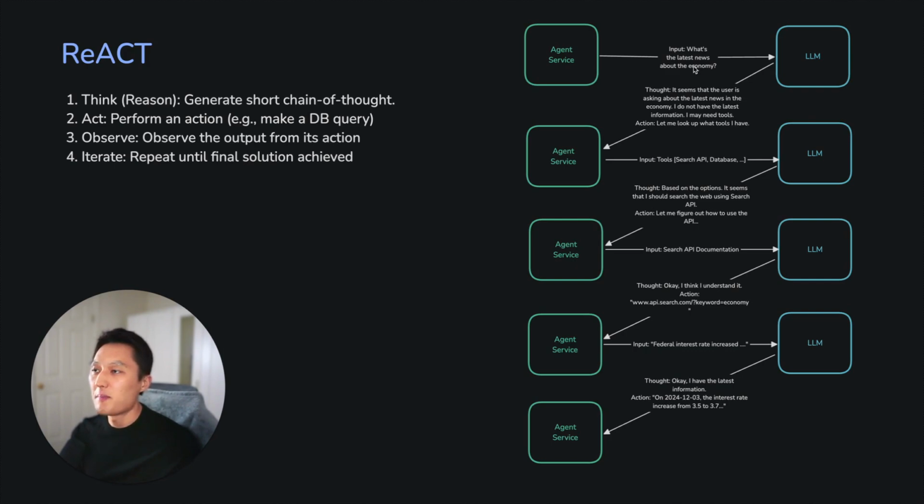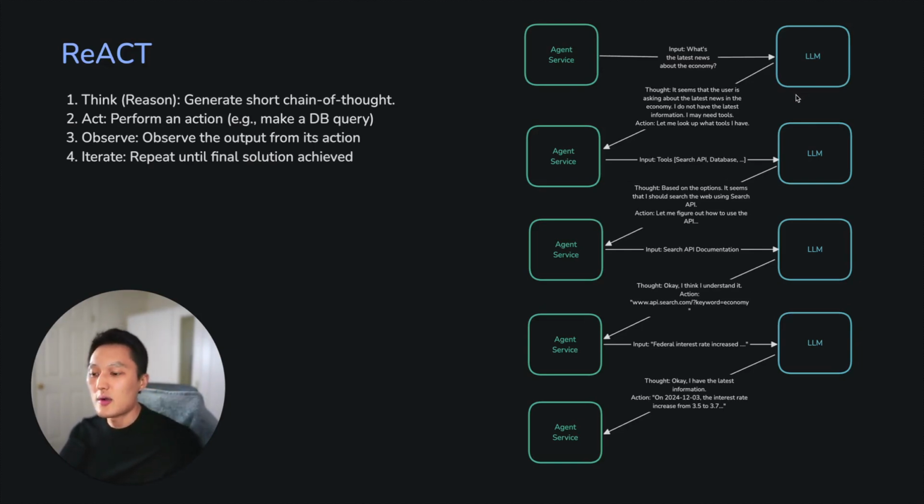And so suppose that the user has posed a question: what's the latest news about the economy? What the LLM is going to do is, instead of just spitting out an answer that gets sent back to the user, the LLM is going to have an internal chat with itself, kind of like what a human does,